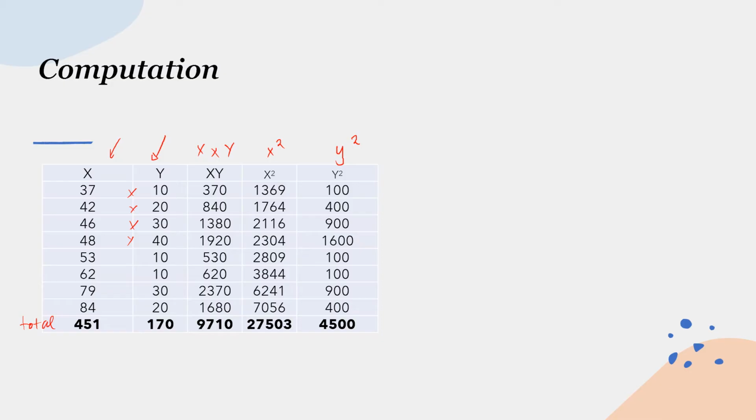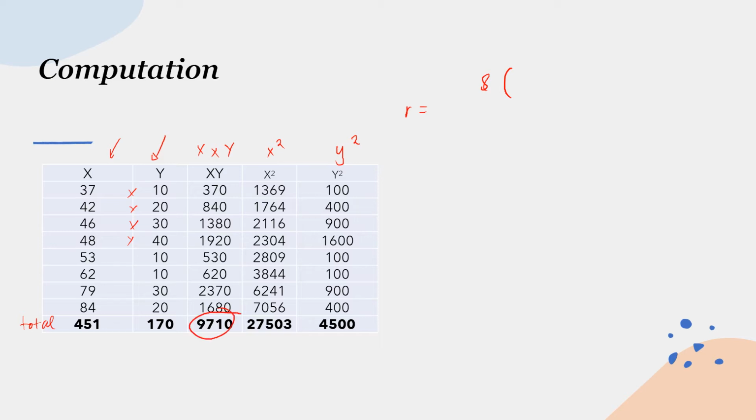Konti lang po yung kailangan nating apply. So this is quite an easy computation for us to make. So then all we have to do is apply this to the formula. So again, it's R is equal to N, which is 8 times X, the total of X times Y, that's